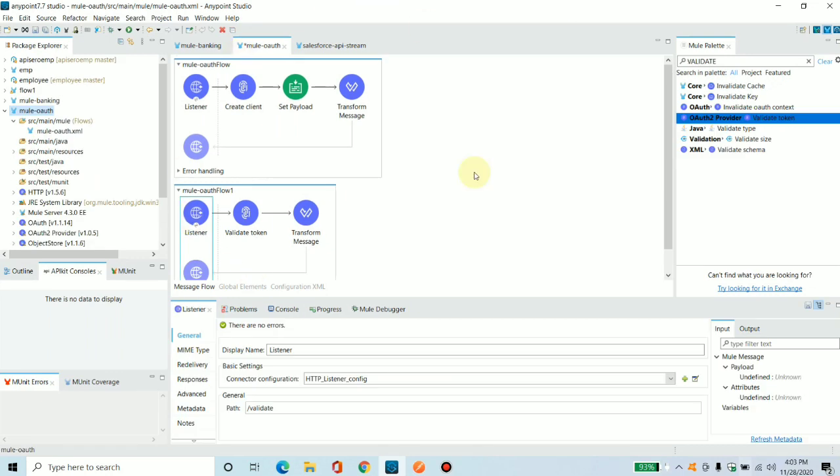After deploying it onto CloudHub, we will see how we can set up our custom policies and how we can use this flow in our custom policy, right? I will tell you all of this